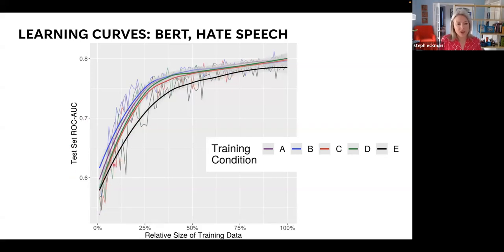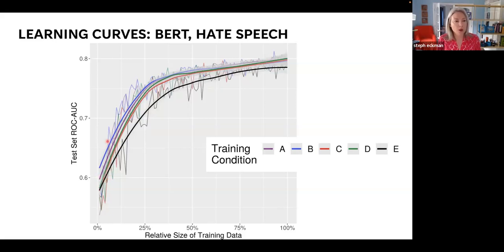So when we have just a very little bit of training data in the BERT model, it's getting ROC AUCs of about 60% in each of the conditions. This is because it already knows a bunch of things before we even start training it. The BERT model is a large model that exists before we even did this project, so it already brings a lot of knowledge to the game. And so it's doing okay, even when we give it just a little bit of training data.